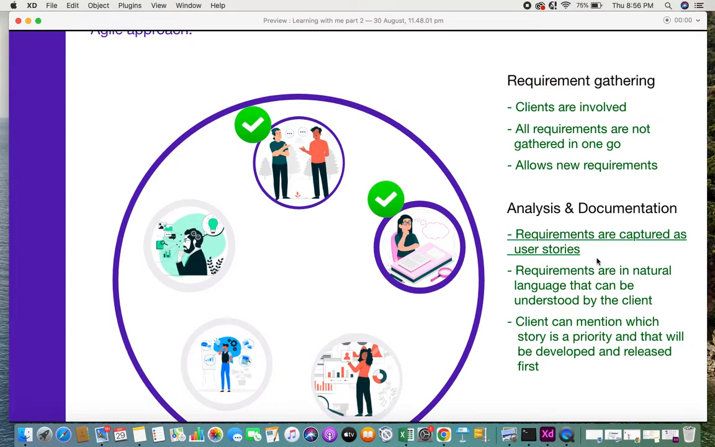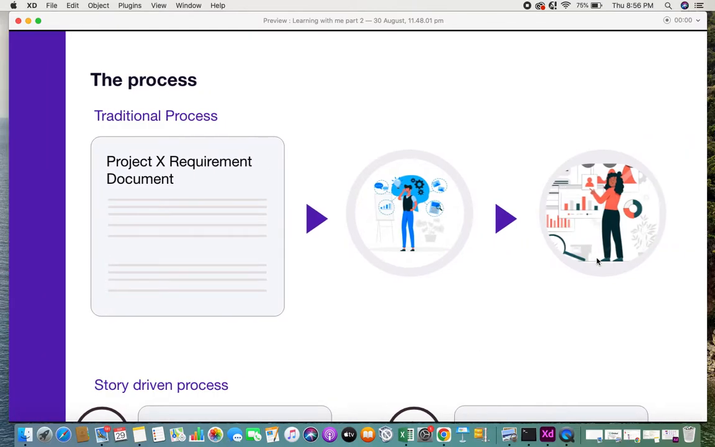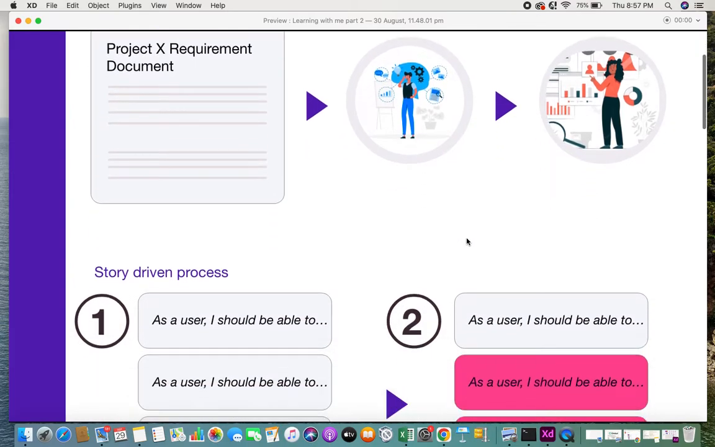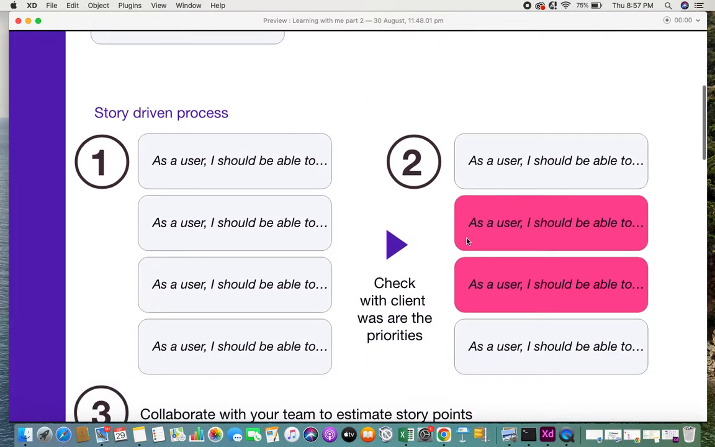Okay, so now we have these stories. Let's see how this goes about. Once again, let's compare this with the traditional process. Imagine you have one requirement document for the entire project. Once you have all the requirements, they are transferred on to the design and then transferred on for development. In contrast to this, in the story driven process, as I said, requirements are captured in the form